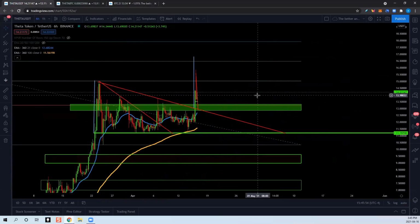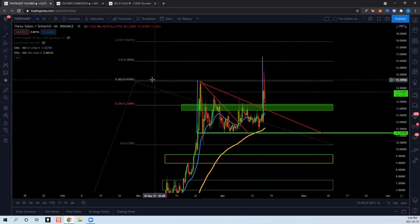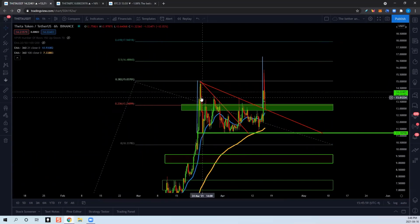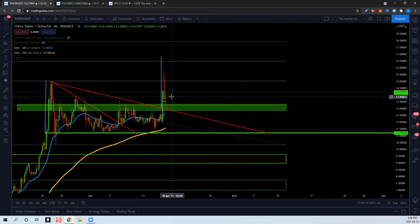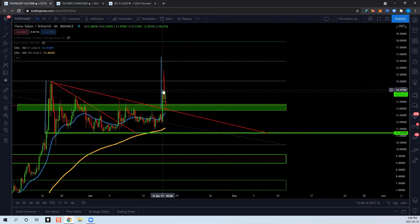And so again, if we break out bullish, we're probably going to retest all-time highs here. This Fibonacci extension level at the 0.382. If we take the height of this ascending triangle, move to the breakout point, that coincides pretty well with one of our Fibonacci extension levels here, the 0.5 at around 1650, 1660. So that is my bullish target. If we can remain above the breakout point, and if we can start to break out bullishly from this descending